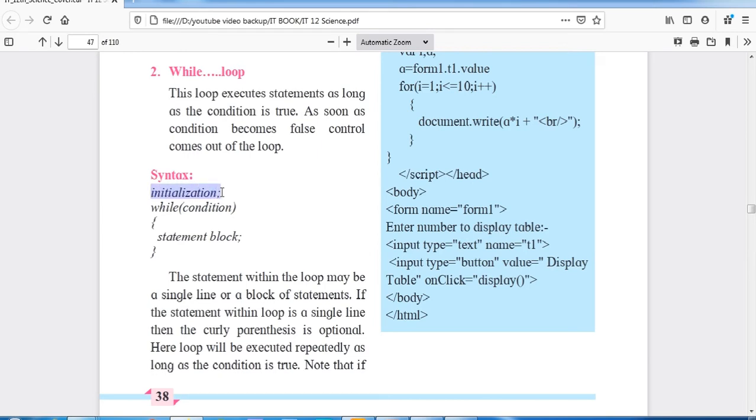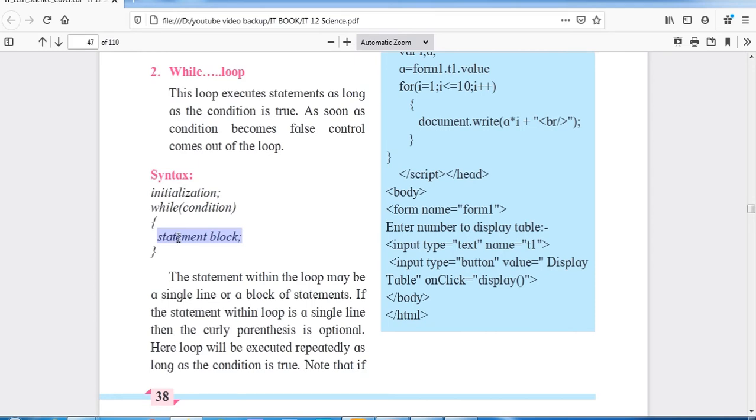As we have seen in the for loop, there is initialization, condition and iteration. So, initialization we are doing outside of the while loop, at the top, before we start the while loop. The condition is given with while in the round brackets, and the statement block contains the statements and the iteration also. You can iterate here, either increment or decrement.